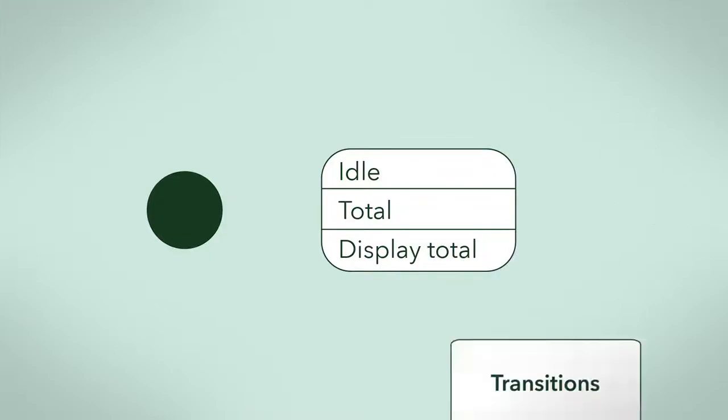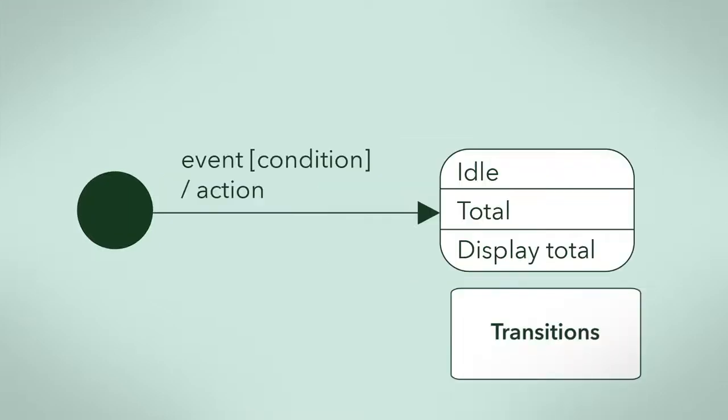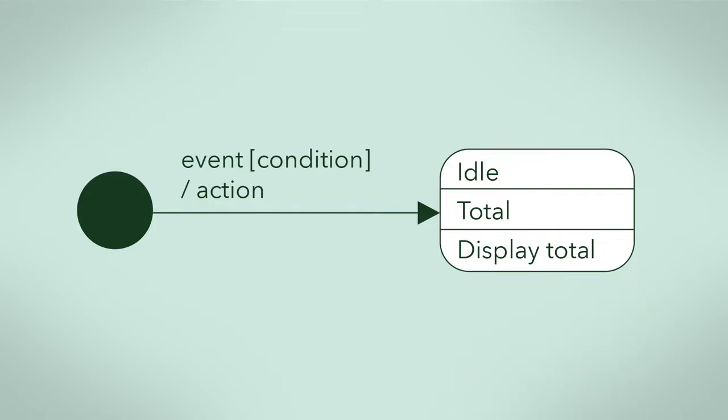Inserting a coin is an event that could change the state of the vending machine. Events that could change a state label transitions between the states. You draw these transitions with arrows from one state to another. Each transition arrow will always have an event, and may have a guard condition and an action. The transition and action happens from a given state if the event occurs and the condition is true.